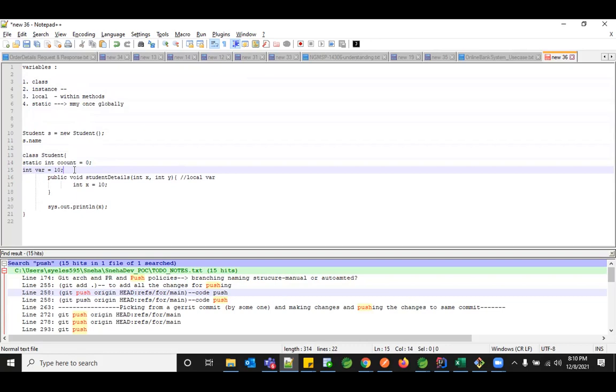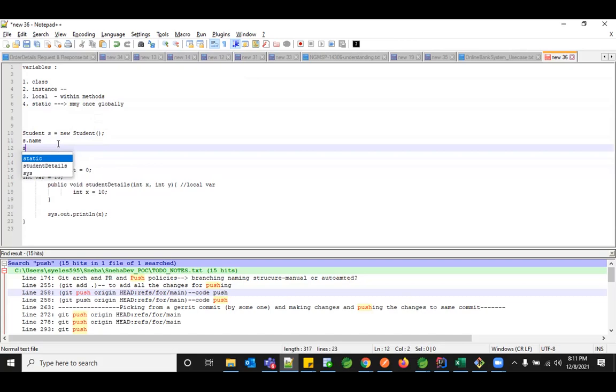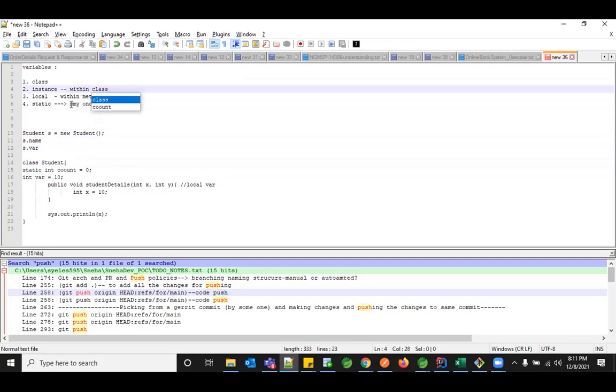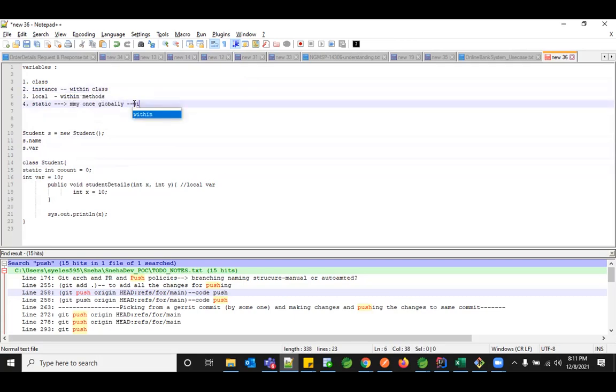Okay, so this gets instantiated, or your object gets created, only then. The object creation can also be called instantiation. So I might use this or that term, so don't get confused. Whenever your object is getting created and you're trying to access that s.var, only then does this particular object have its value. Otherwise, it doesn't have its value. So those are called instance variables, something you create within a class.